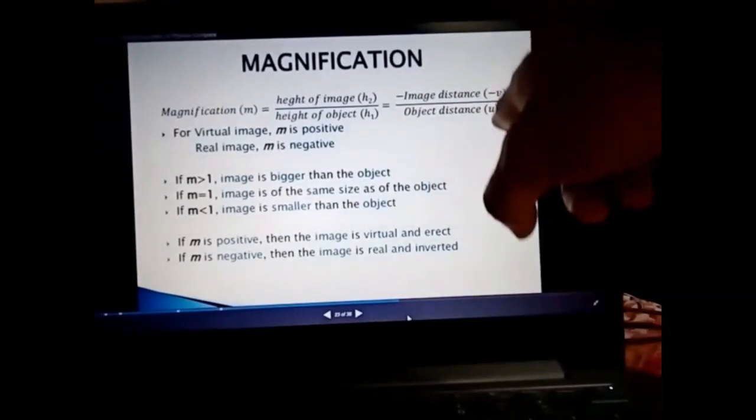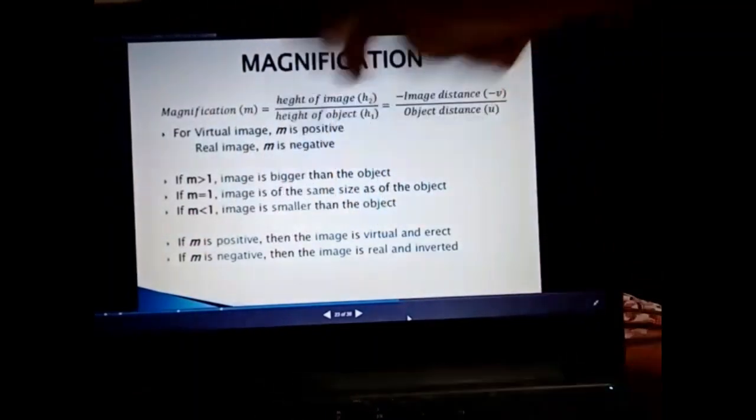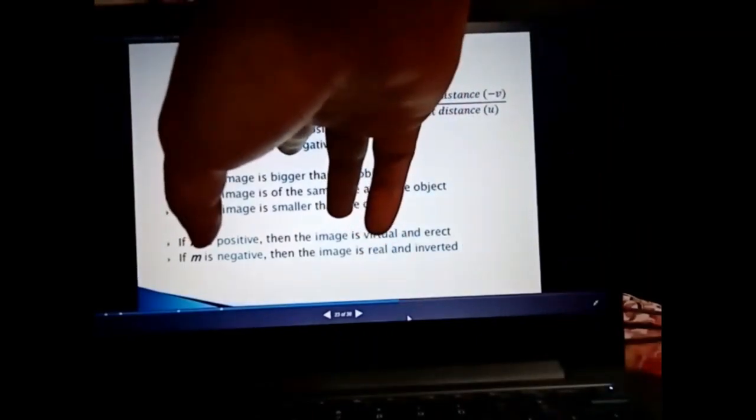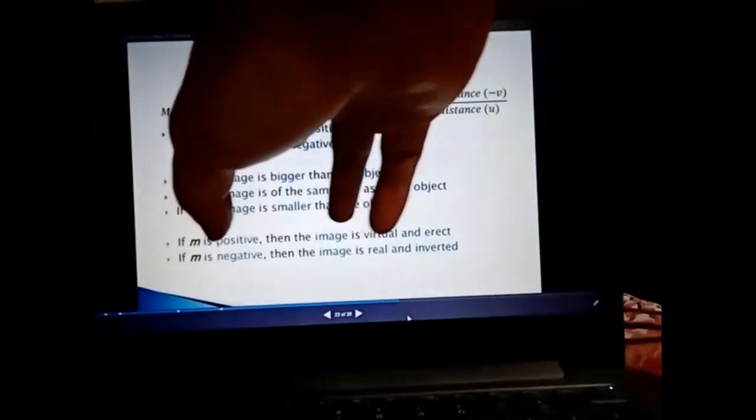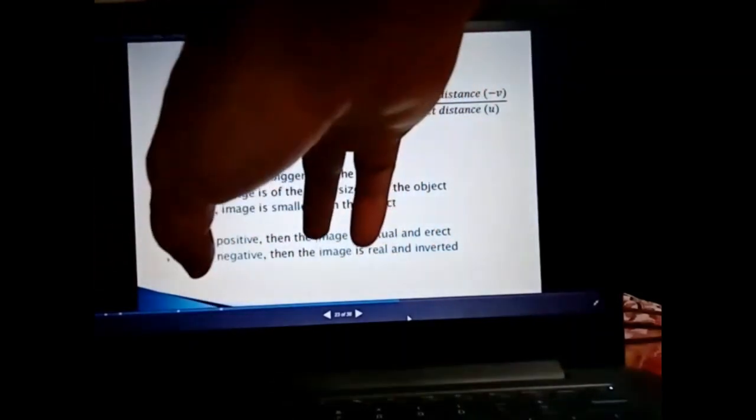It means m = -v/u. For a virtual image, magnification is positive because the image formed will be behind the mirror, that is, on the right side of the pole, while the object is placed on the left side of the pole. So for a virtual image the magnification will always be positive, and for a real image the magnification will always be negative,